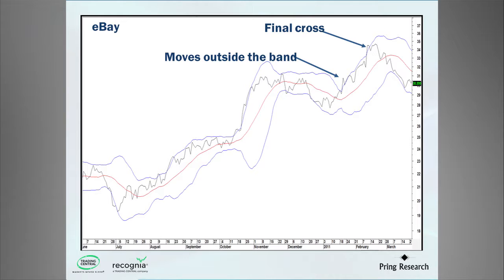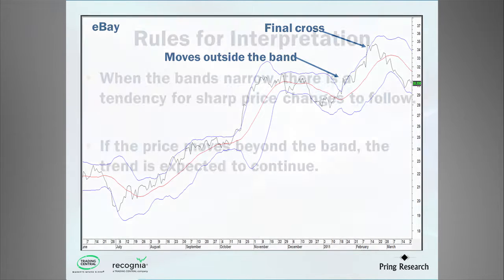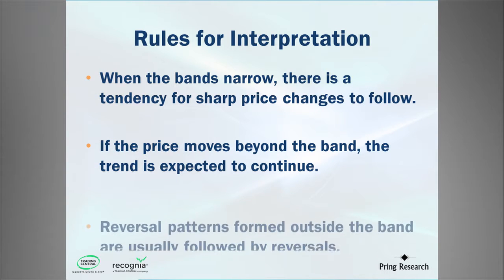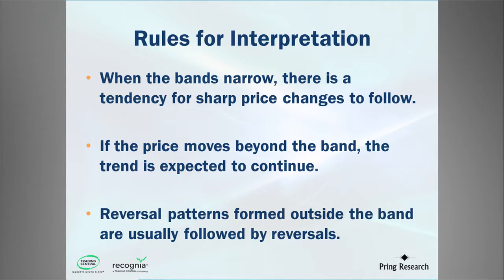The obvious question at this point is, how do you know when the band has been crossed for the last time? In other words, how do you know how to spot a bottom and top of a move? And the answer lies in Rule 3. Rule 3. When the price traces out a reversal formation, after it has crossed outside a band, expect a trend